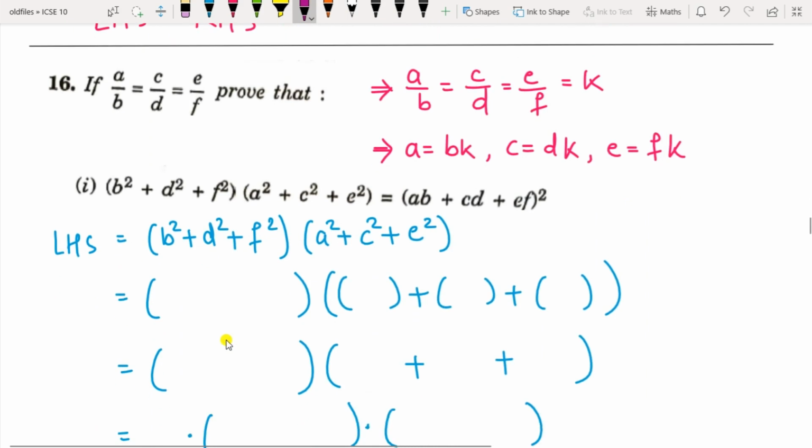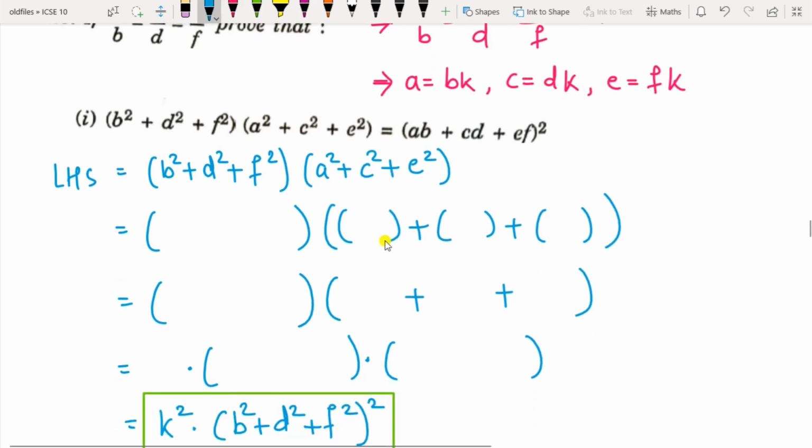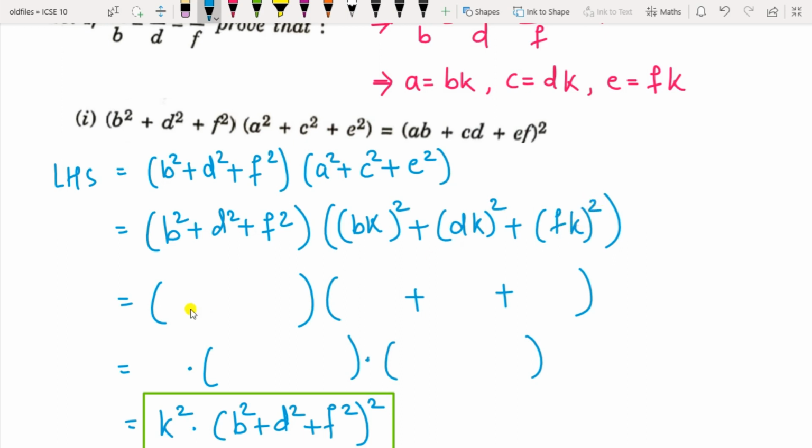Question 16. Here you can see the ratio is given as a upon b equal to c upon d equal to e upon f. Let that be equal to k. So a will be equal to bk, c is equal to dk and e equal to fk. So write the question for LHS here. The first bracket is as it is since you don't have the values of b, d, f. So b square plus d square plus f square, then a is bk square, c is dk square and e is fk square. So this is as it is, b square plus